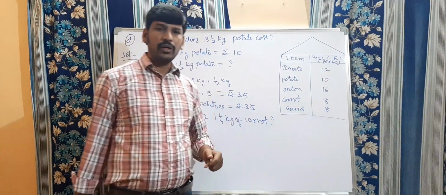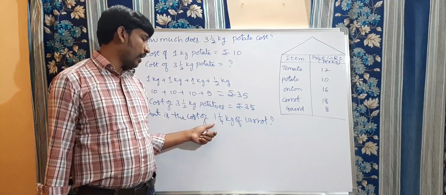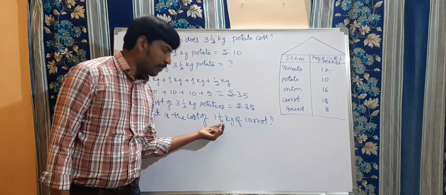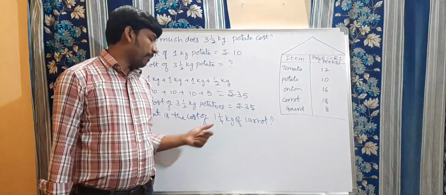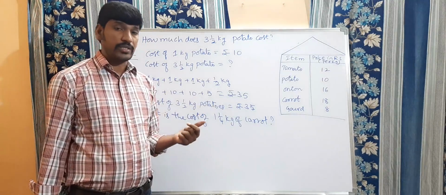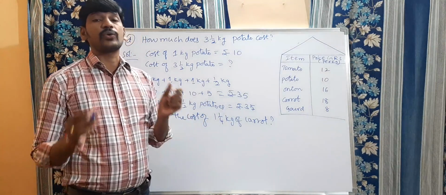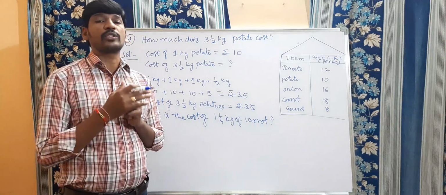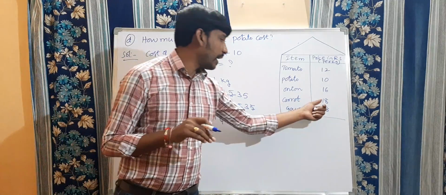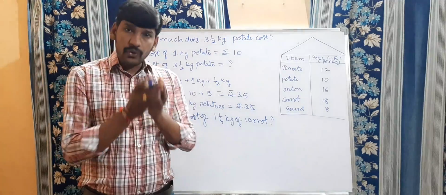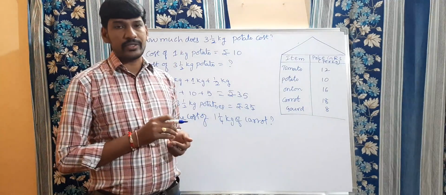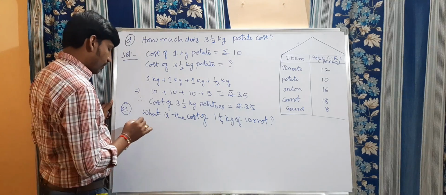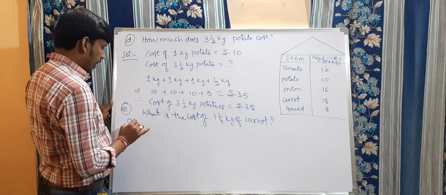1 kg is equal to 18 rupees. Here they are asking 1 by 4. Now what is 1 by 4? We discussed this in the previous class: 1 by 4 is nothing but a quarter. Clear? That means you need to divide this 18 rupees into 4 equal parts. One part is equal to 1 by 4 kg. Clear, my dears?